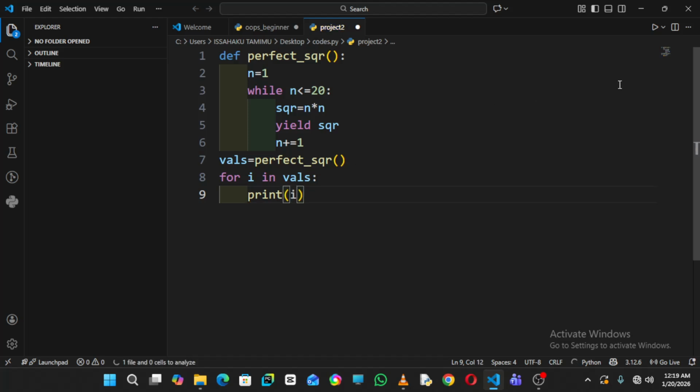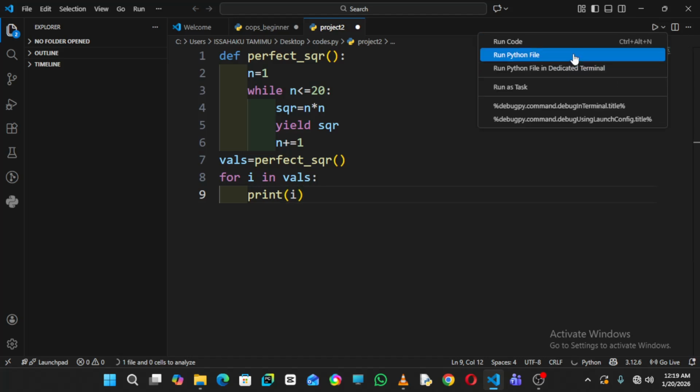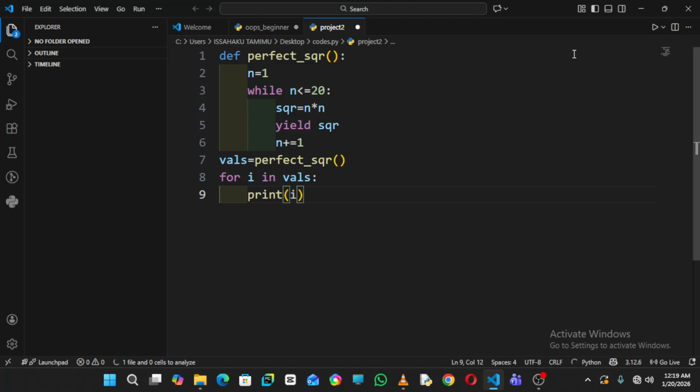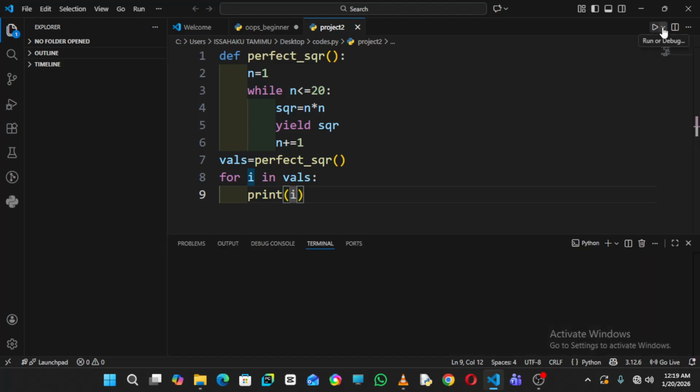And I think if we run this code, we'll get our perfect squares. My PC is a little bit slow, so let's wait a little bit.